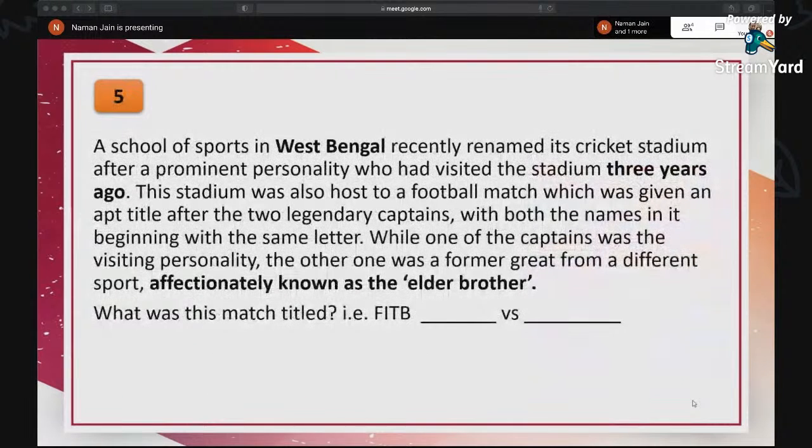A school of sports in West Bengal recently renamed its cricket stadium after a prominent personality who visited the stadium 3 years ago. Prominent personality visited West Bengal 3 years ago. The stadium was host to a football match which was given an apt title after the two legendary captains. So 3 years ago there was a football match and it had been given a title after the two opposing captains. While one of the captains was the visiting personality, the other one was a former great from a different sport. Okay, it was a football match, but the home captain was a legend from a different sport, and he